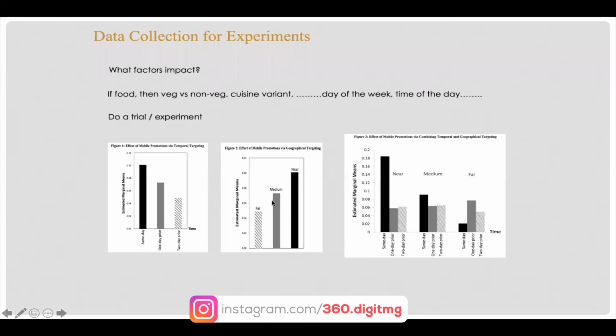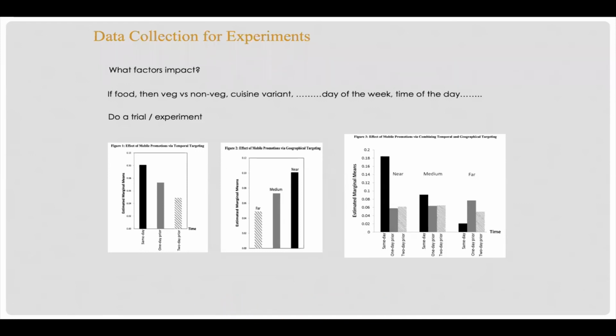People who are into digital marketing, it makes absolutely a lot of sense, right? But then these are all pretty self-explanatory. Even without analytics or experimentation, you could have arrived at this data. However, when you combine, say you combine temporal and geographical targeting, then something interesting was happening. Okay, what was that? People reacted very well. If the distance is closer, they reacted very well to same day, but rather than 1 day, 2 day was dominating,